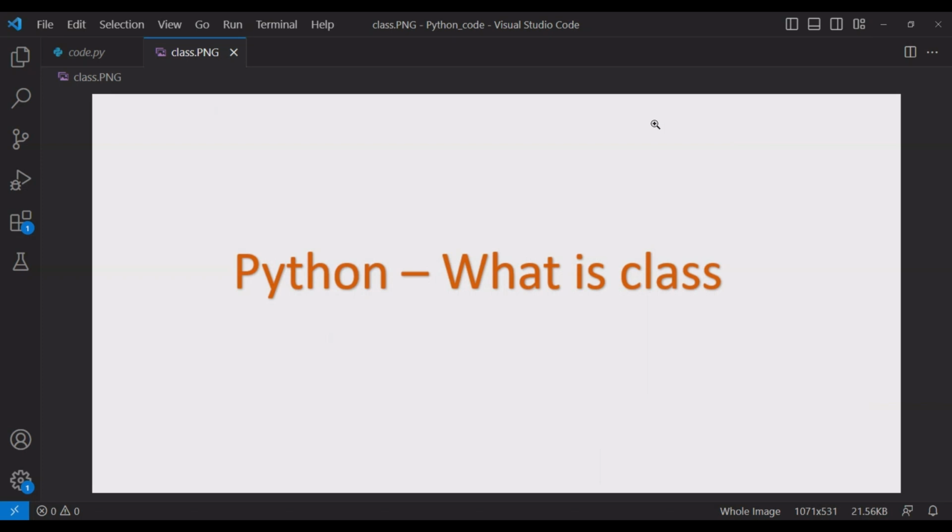Hi friends, in this session we are going to see what is class in Python. In Python, a class is a blueprint or a template for creating objects. It is a fundamental concept of object-oriented programming and it allows you to define the structure and behavior of the objects. A class encapsulates data in the form of attributes and functions in the form of methods that operate on